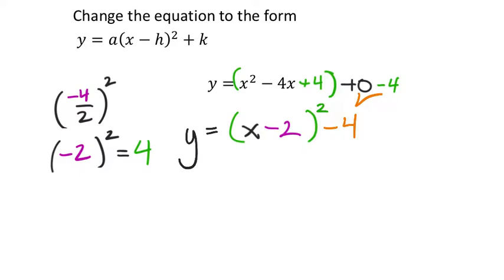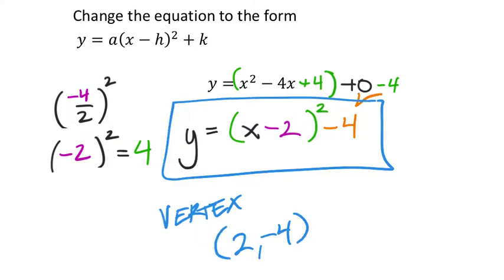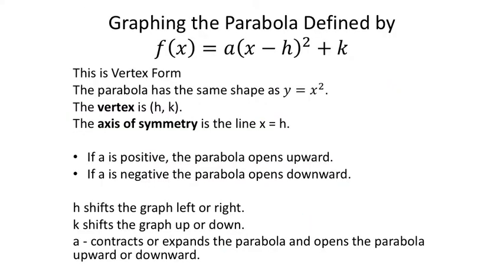And this has been changed now into vertex format, which if I wanted to, not that I'm saying I do, but if I wanted to graph this, I could say, look, I know my vertex right now is at 2, negative 4. Okay, graphing the parabola defined by, this is the vertex format for our quadratic, our trinomial. Okay, so again, the nice thing about this format is we have this h and this k,